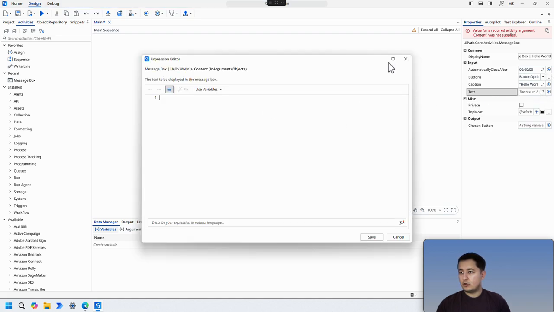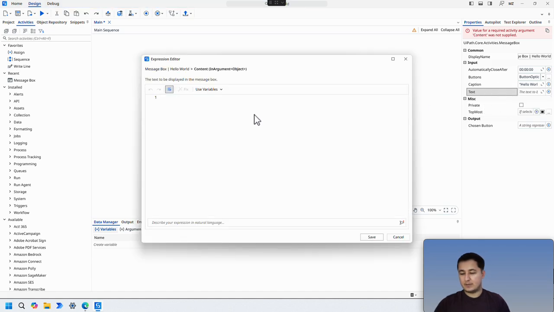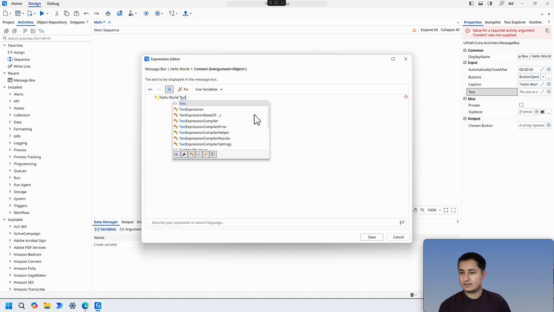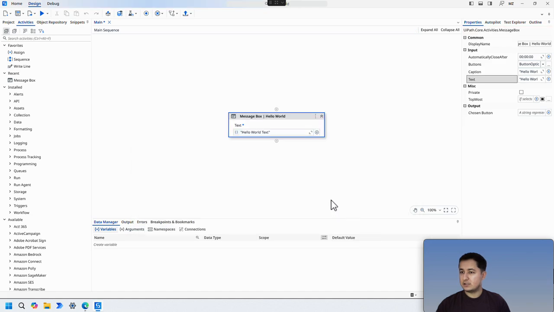That's fine. Also, if you click this plus icon, if you want to open it up bigger, you can choose open in expression editor. That way you can type up code or do things. It just looks bigger. So let's just say hello world text. Notice here it has an error message right now because it needs to be in quotation marks because it only accepts string type of value. So let's just save this and